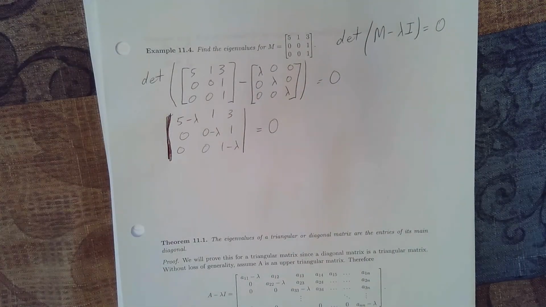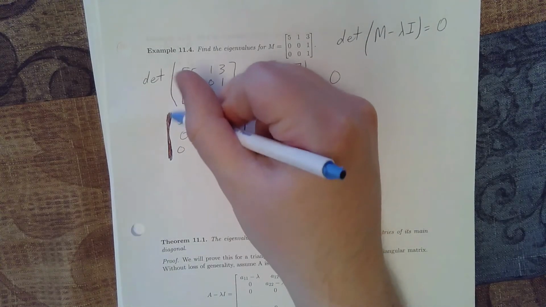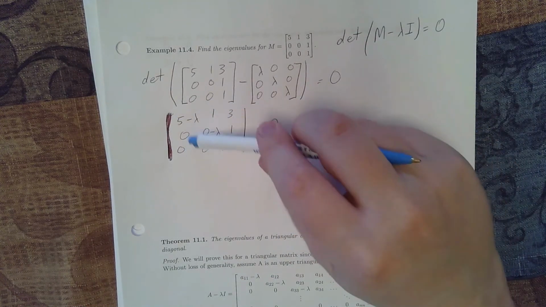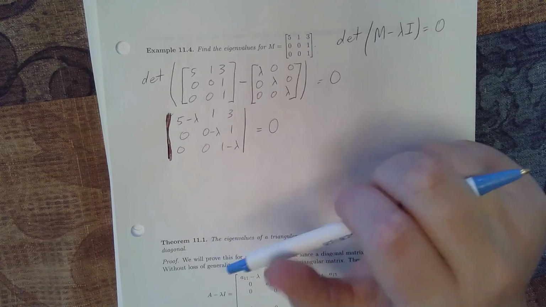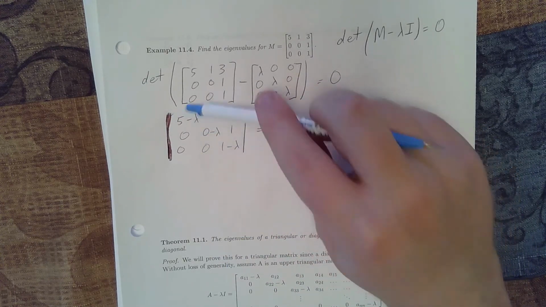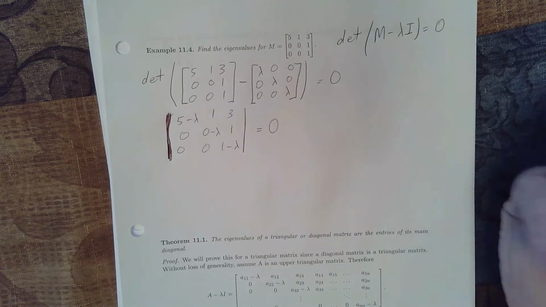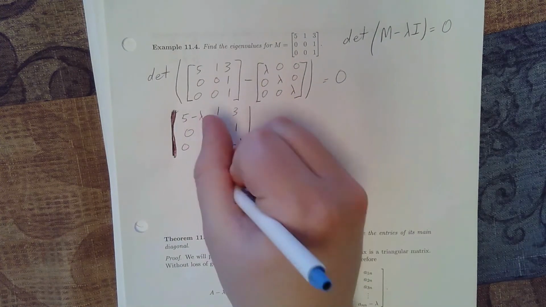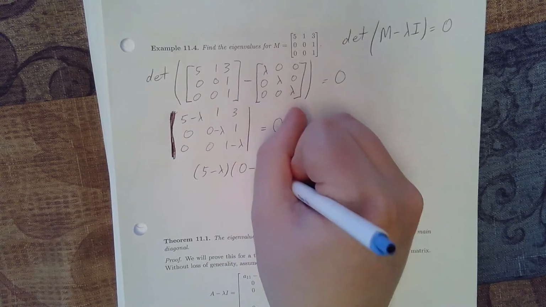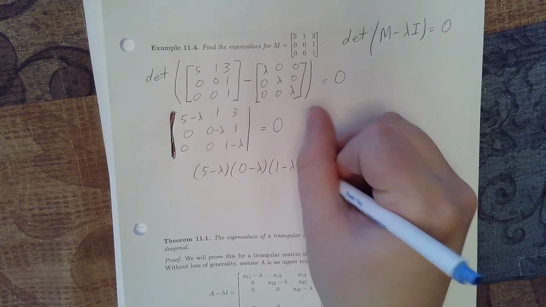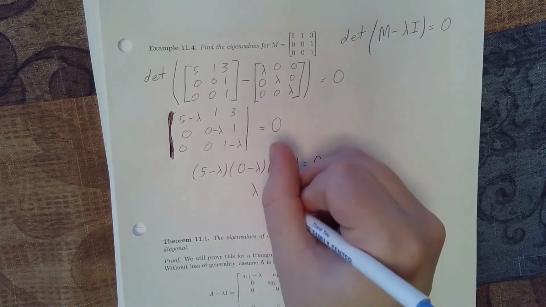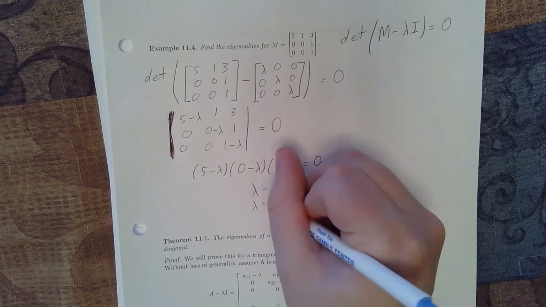Now what you might remember is that if we have a matrix that is upper triangular, so below the main diagonal is all zeros, all we need to do is multiply along the main diagonal in order to get our determinant. So we should get 5 minus lambda, 0 minus lambda, and 1 minus lambda equals 0, which means that our eigenvalues are going to be 5, 0,